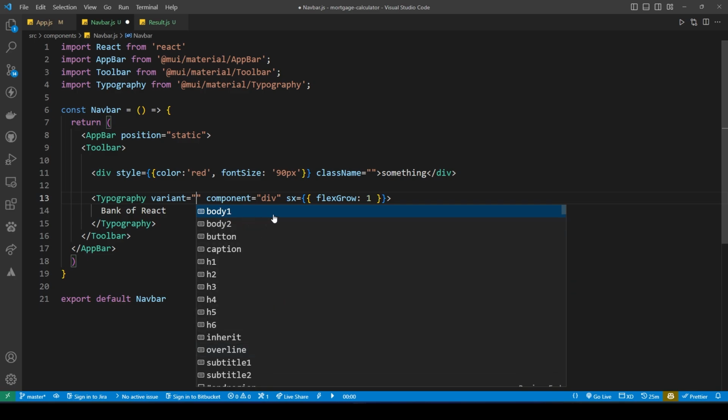You see, body 1, body 2, button, caption, H1 up to H6. These are predefined for you. Not only that, you can customize these things. I will show you an example. How do you customize these things? Okay. So when these things are predefined and customizable, it means that you can keep the design